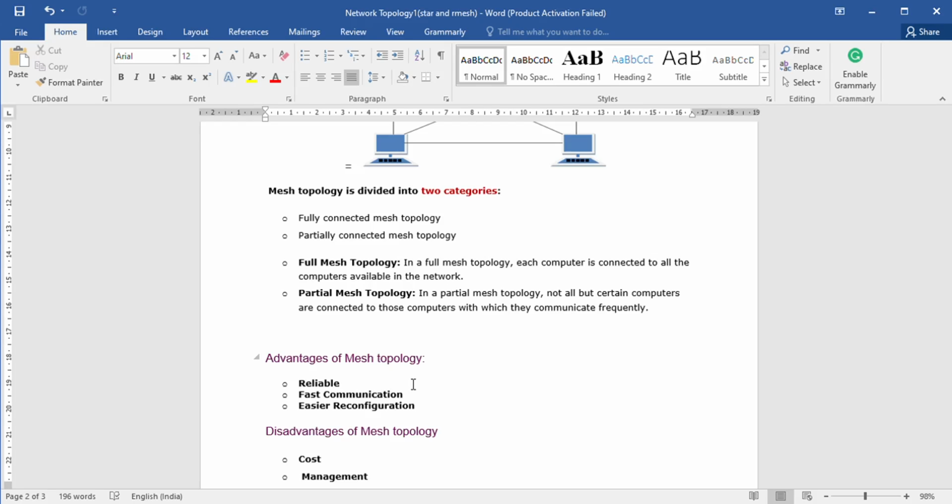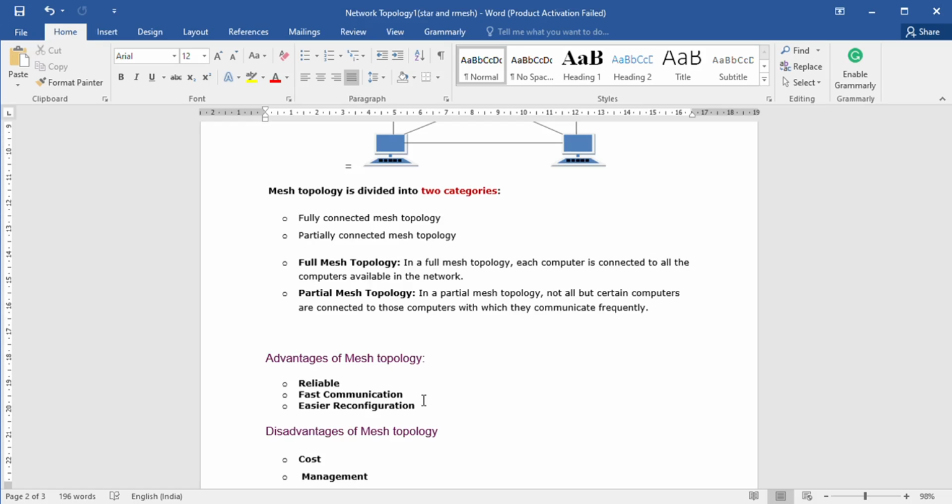Second one is fast communication. Communication is very fast between the nodes. No one waits for another, so communication is very fast. Third one is easier reconfiguration.